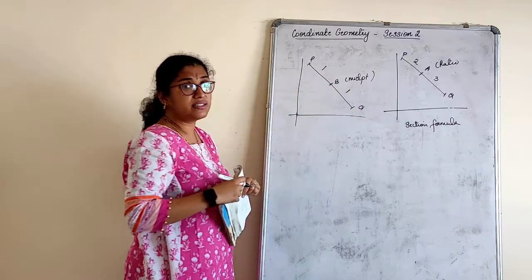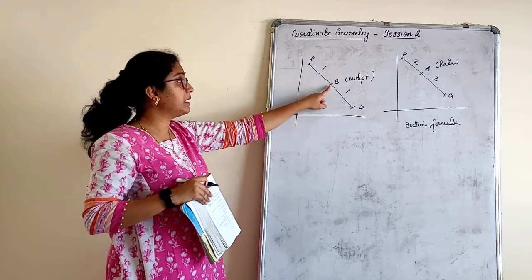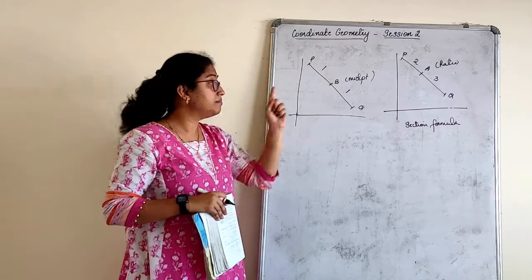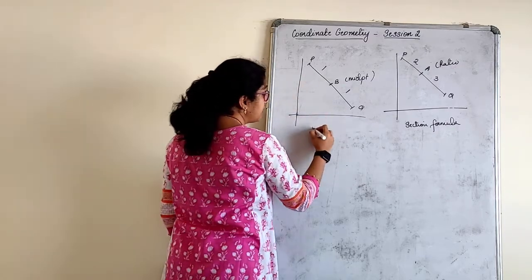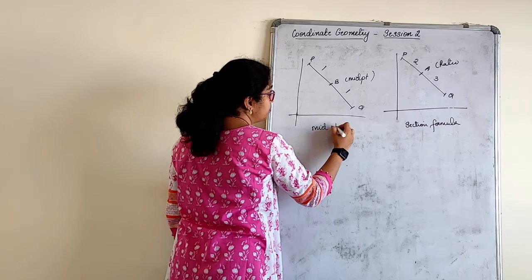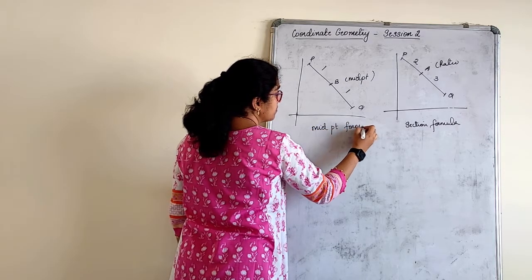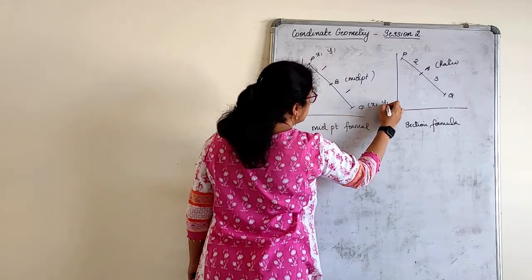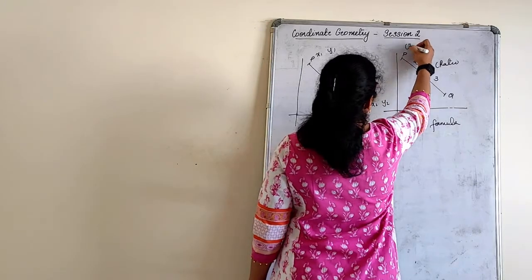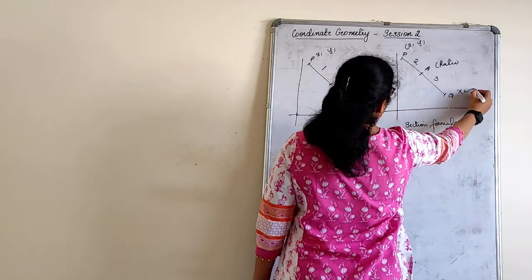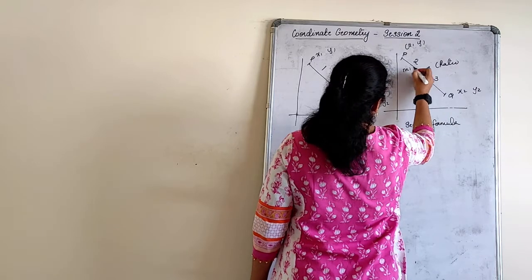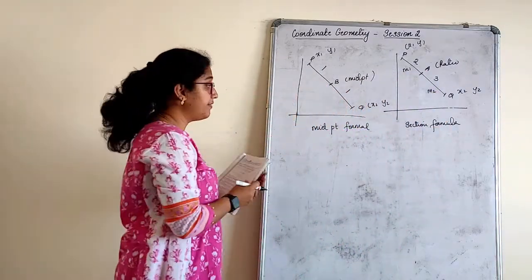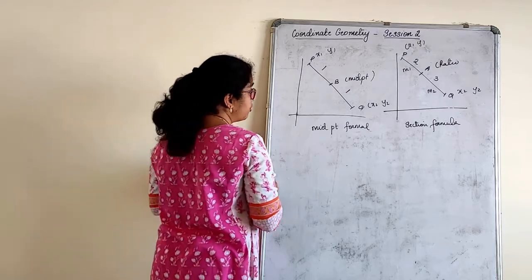Look at this. Same question I want to find, but I tell you that they are not dividing in a ratio. When B is the midpoint of PQ, we find that by the midpoint formula. So here we have x1, y1, x2, y2, the ratio as m1 and m2, and the point A. Let's see the midpoint formula.